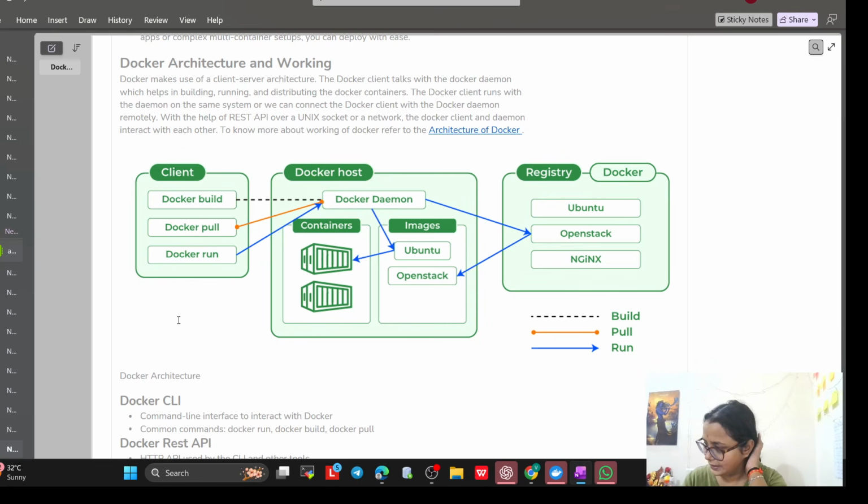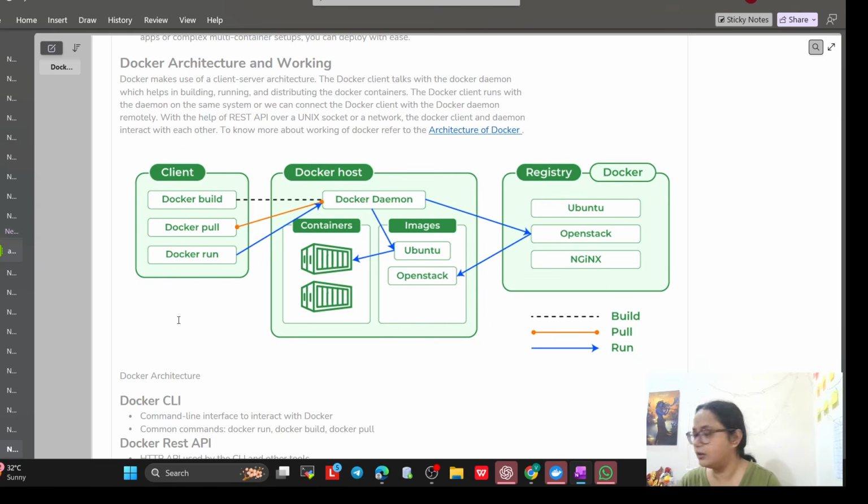For anything, when I was explaining Jenkins at that time also I explained the architecture, and Ansible too, but today we are going to learn about the architecture of Docker, and this is one of the interview questions also, because in most interviews they will ask this question. So without any further delay, let's understand the architecture.